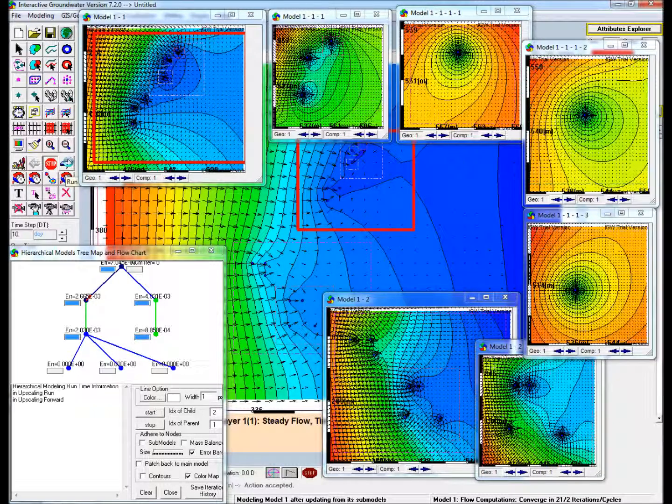This video demonstrates the use of IGW to create a hierarchical groundwater model in a real-time manner. A regional model is created with clusters of multiple pumping wells in the model domain. Patches or submodels are quickly and interactively created around the area of interest to better resolve the details around the